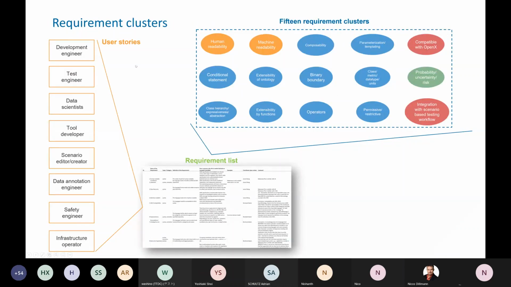Now let me run you through some of the early stage process that we performed as part of the concept project. So we started with a list of user stories covering different actors, ranging from development engineer to test engineer, data scientist, to developer, all the way to infrastructure operators. And each of them received a very good list of user stories from our members and from